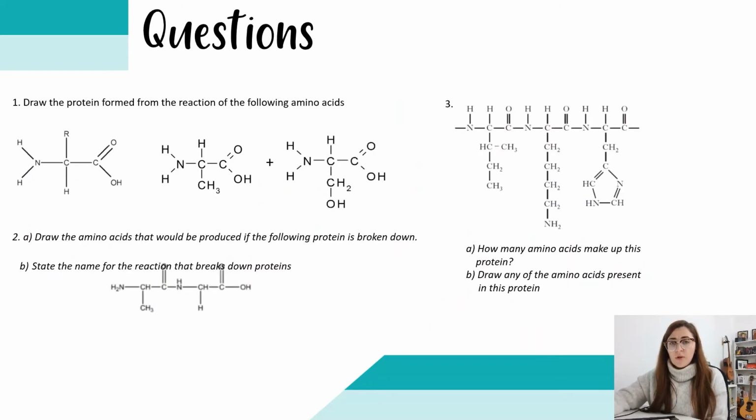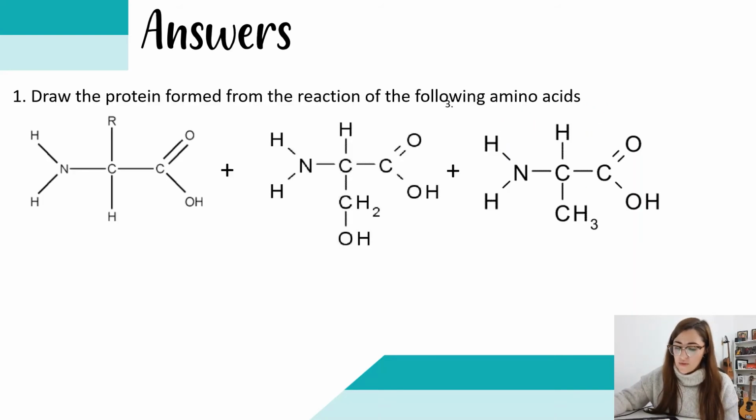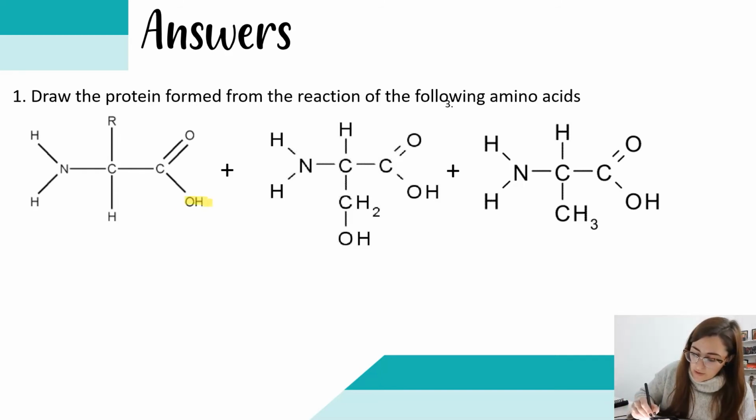In your pupil booklets, there are a couple of questions that we are going to go through and answer. So please try these questions on your own, and then you can go through the solutions with me. The first question says, draw the protein formed from the reaction of the following amino acids. Remember that reacting amino acids together is a condensation reaction where we are losing water for every peptide link that we make. So I'll be losing the OH of this molecule and the H of this molecule to make